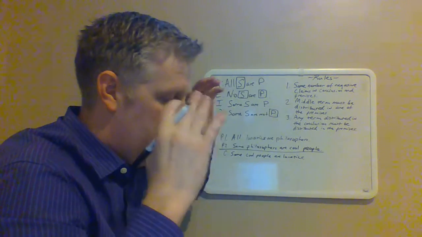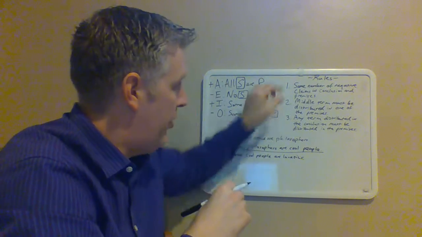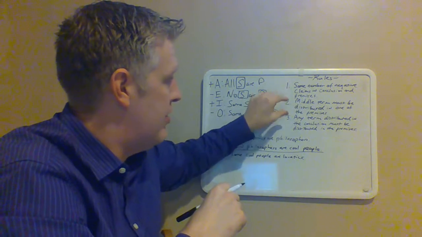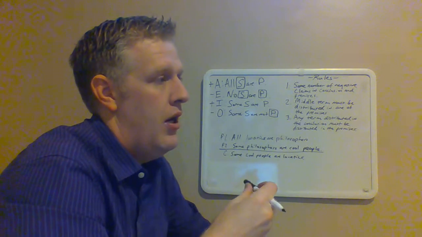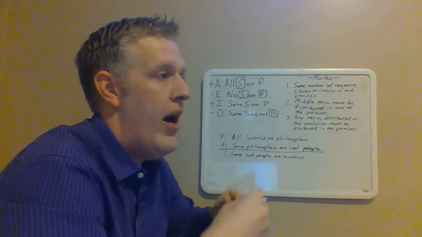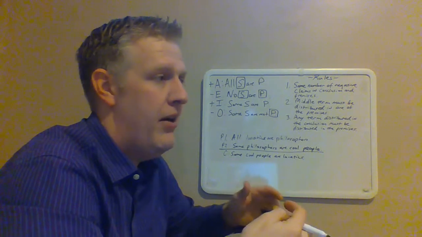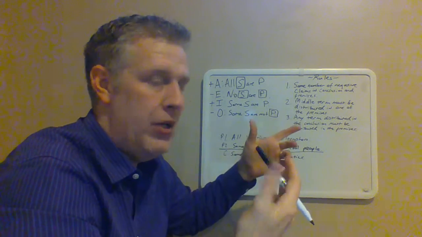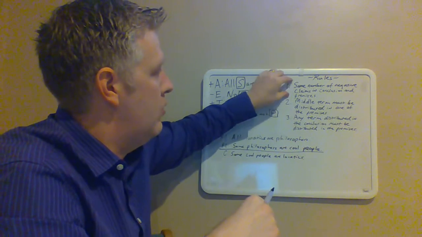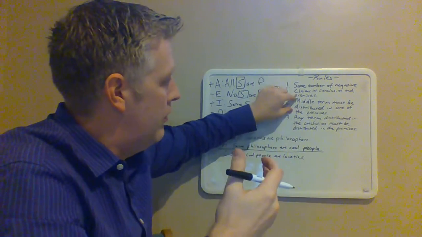Rule 1, and you always want to associate Rule 1 with this particular rule, and Rule 2 with this particular rule, and Rule 3 with this particular rule, because you'll be asked to diagnose why a particular categorical syllogism is invalid, right? And if you say Rule 2 and really it's this one, then that'll be counted wrong. So you want to, again, associate this one specifically with Rule 1, this one with Rule 2, and this one